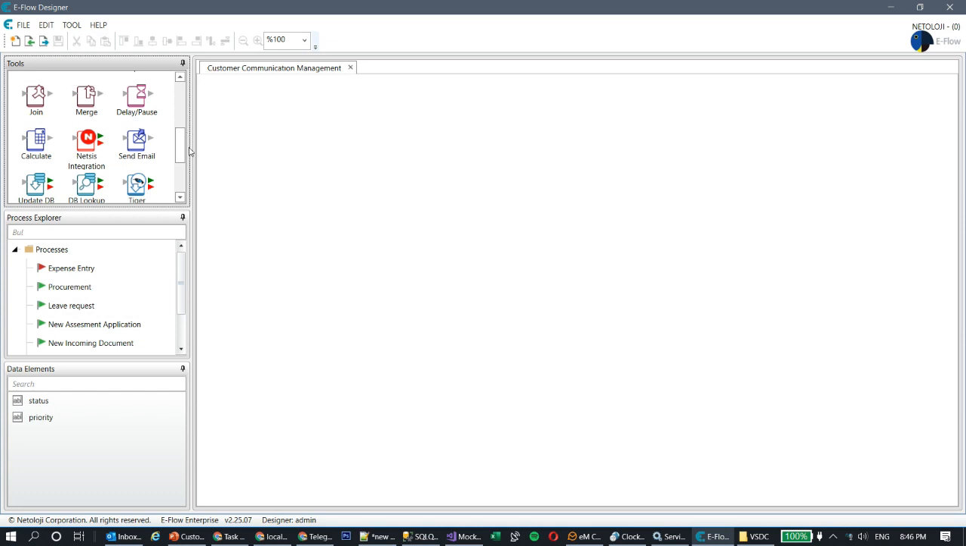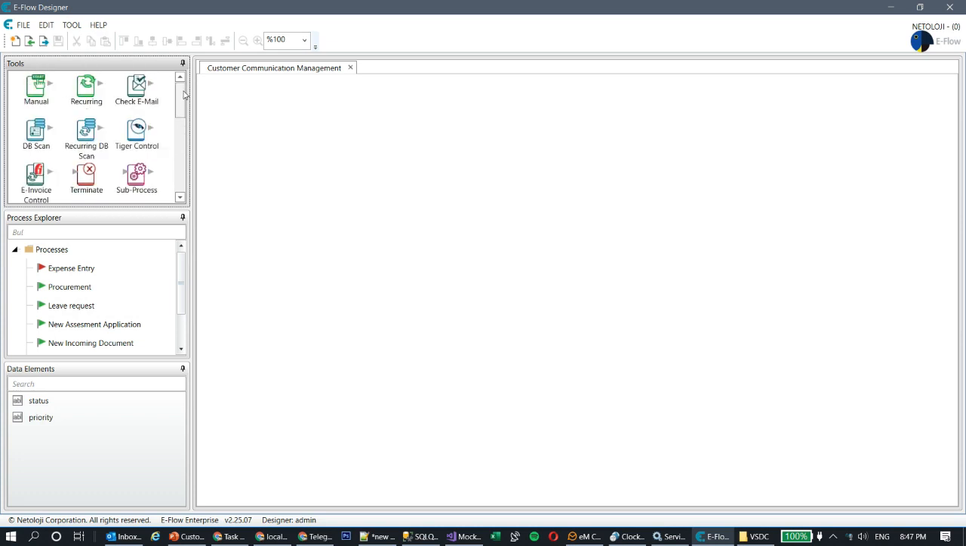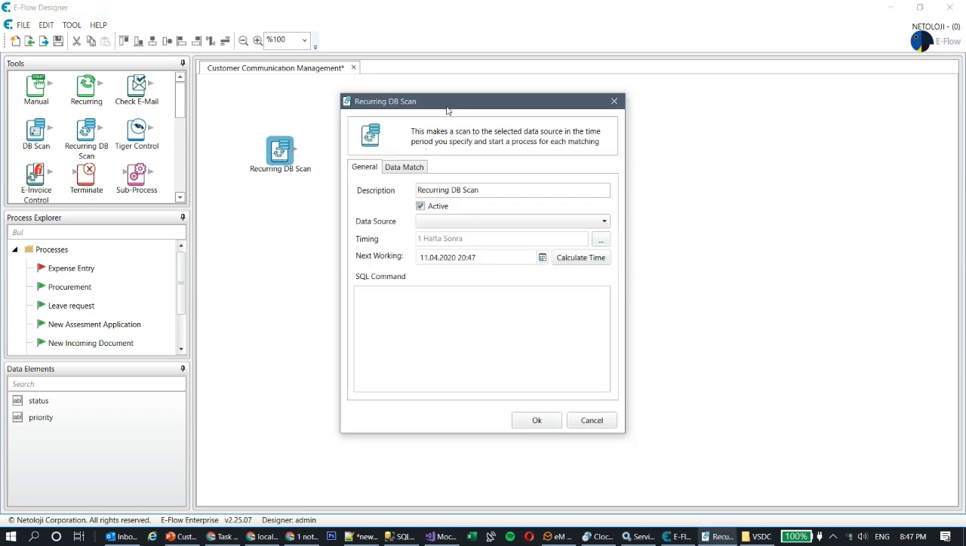and then, as you would know, there are multiple components to start up a process, like manual DB scan or recurring DB scan, which I'm going to use right now. Recurring DB scan, I drag and drop and make a double click on it, and as you can see, I can type a SQL command and select the data source and then make the data match. Before we